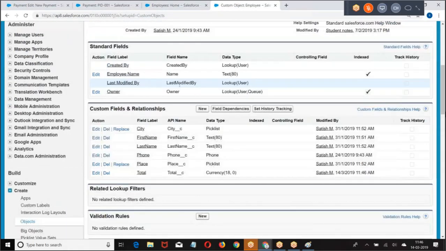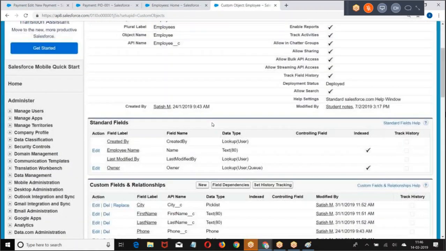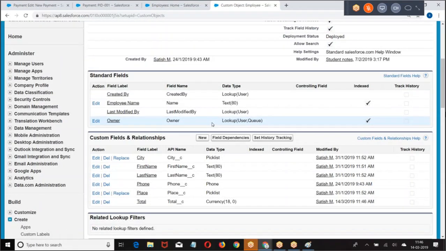Now the total value. Where is the total value? Employee. Now where should the trigger be written? On the child object. Whenever the payment is created, it should be added to the parent.